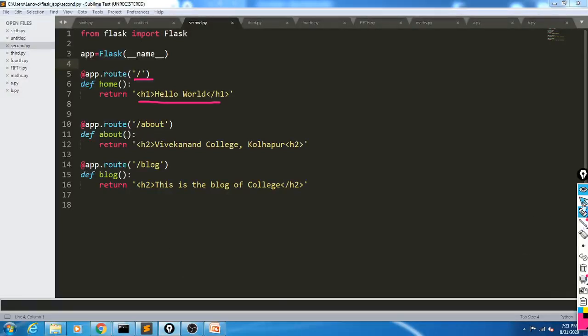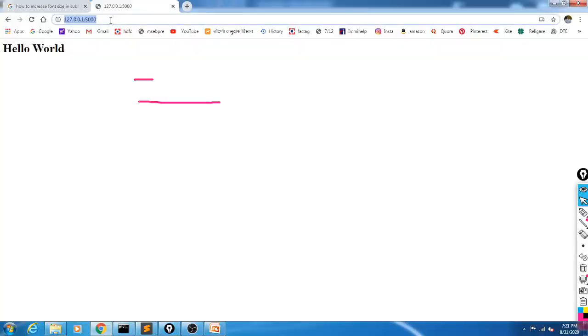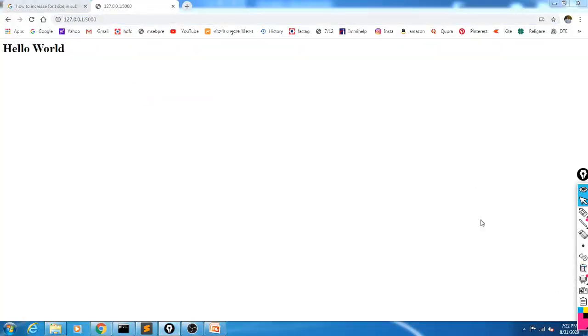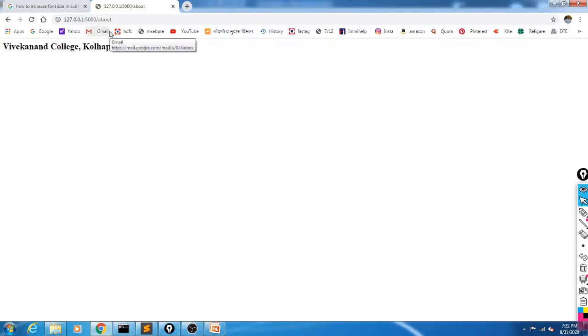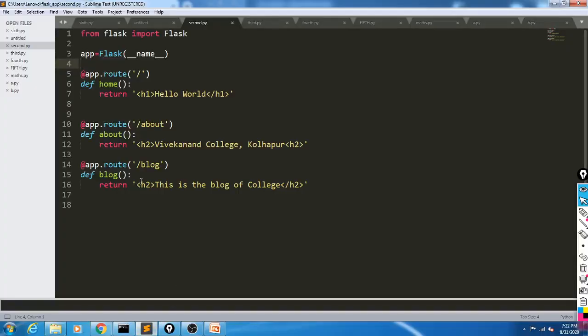Then go to the browser, right here only slash about. Okay, so we have changed the URL. When we change the URL to about, it gives the contents as Vivekanand College, Kolhapur, because these contents are given in this function. The about function is associated with this URL.